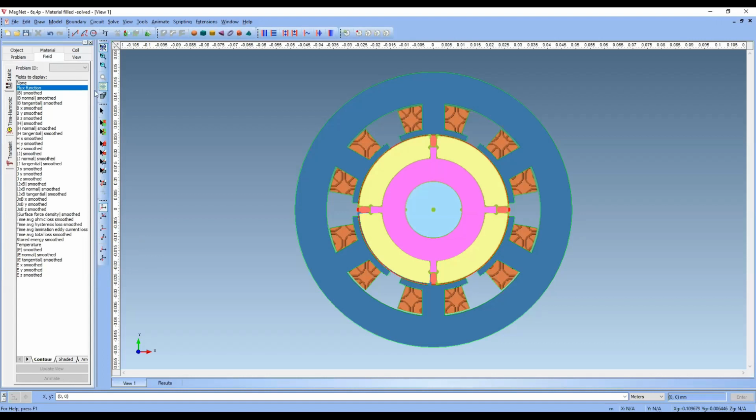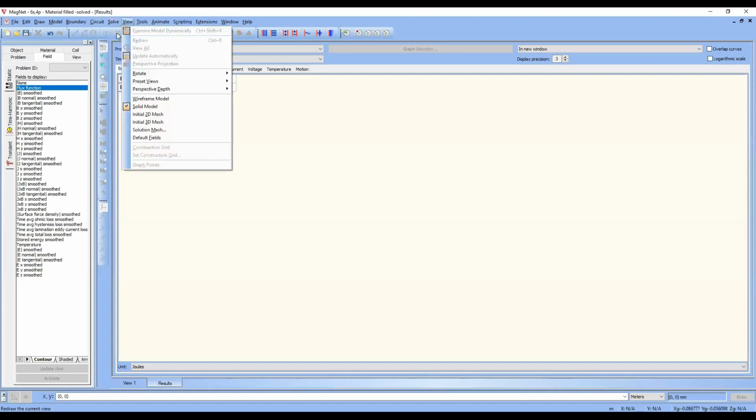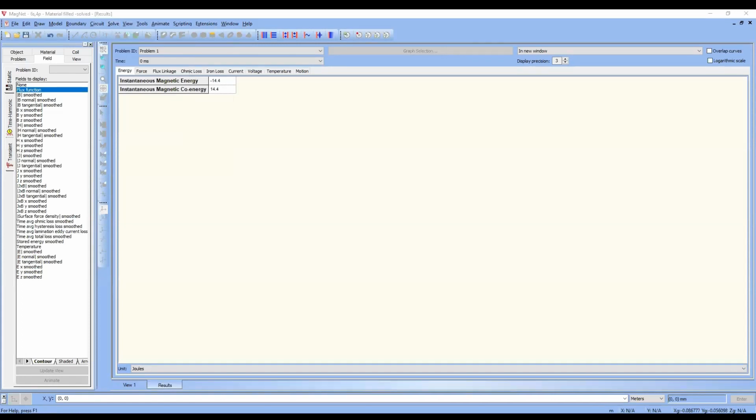You can see flux function also. See, this is the flux function.